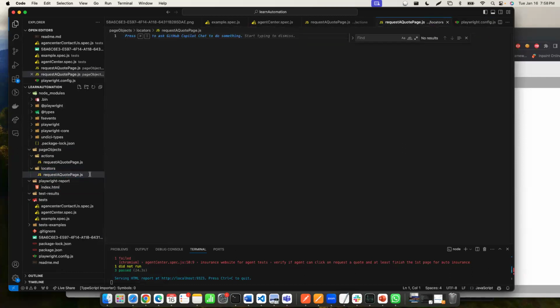Now let's create some locators. The first thing, when we create locators, we need to create some exports. We have to export the locators also. So you're gonna start with const. You're gonna say, what is this? Request a code page locator. So you can say REQ. You can actually shorten it if you want to. So I can say code